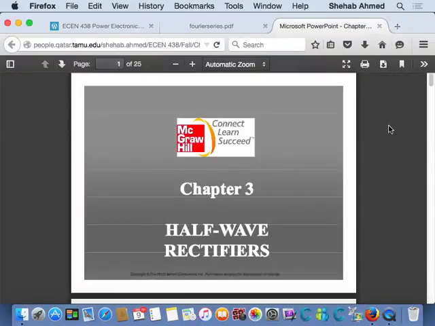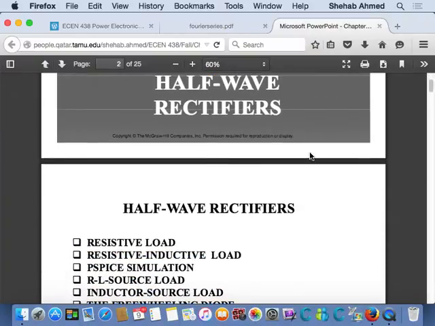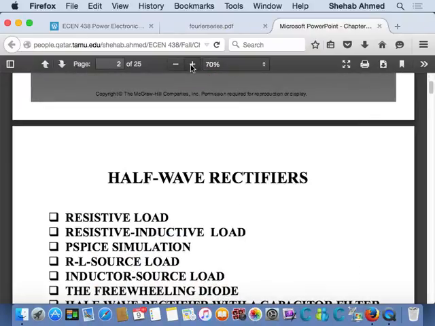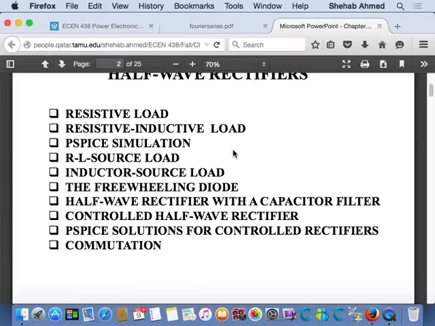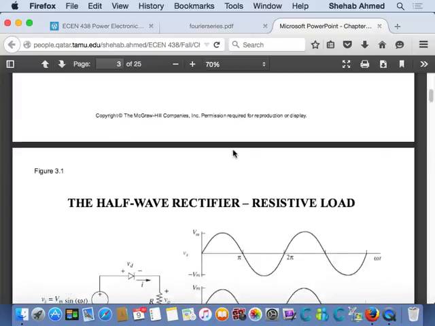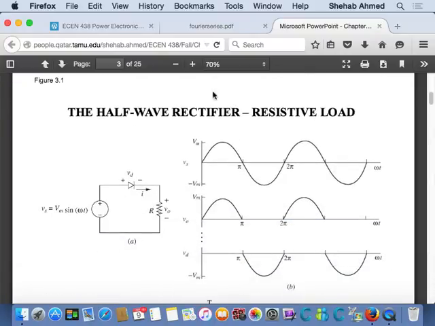So we'll go ahead and start chapter 3, which is the half-wave rectifiers chapter. You've probably seen a lot of this before. We will just formalize it from a power electronics perspective and use some power electronics terminology, right? Maybe some of the stuff towards the end of the chapter you haven't seen, but most of it you have. So, for example, a half-wave rectifier